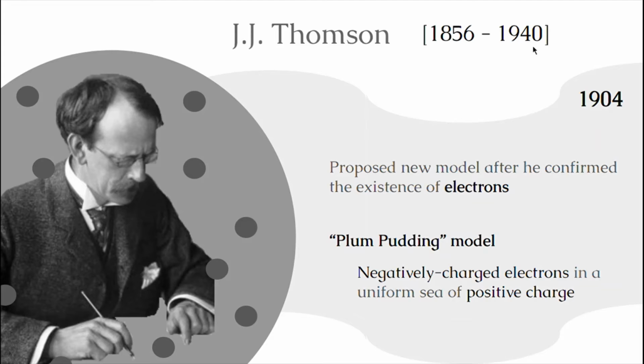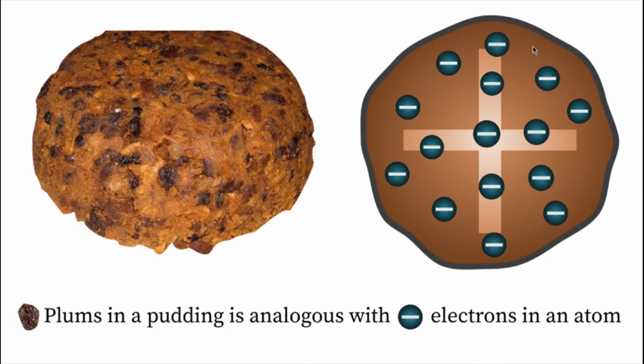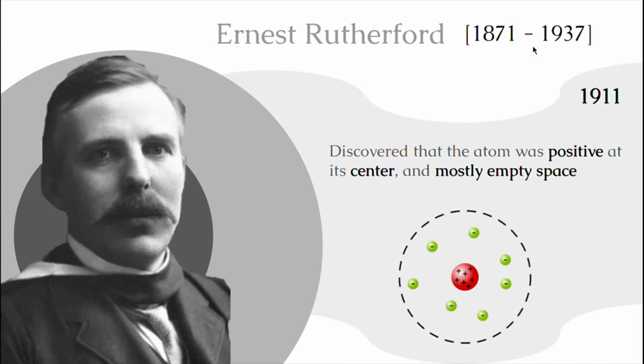So in this model, there is a sea of positive charge that never changes, and then there are these negatively charged electrons, kind of wafting around, having a jolly good time. He calls this plum pudding because, well, it's kind of like plum pudding. There are plums in a pudding, and the pudding is the positive charge, and the plums are the negative charge. So it's an interesting theory, but it does later become disproven by Ernest Rutherford, who lived from 1871 to